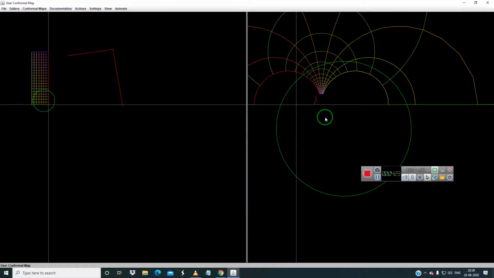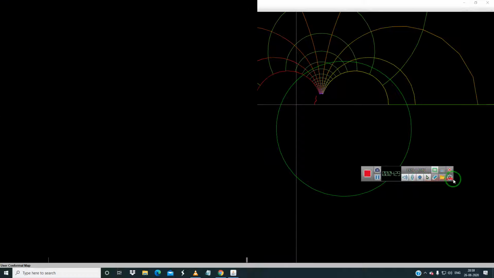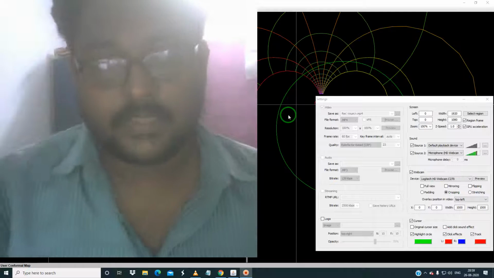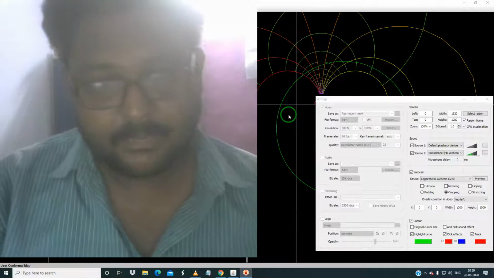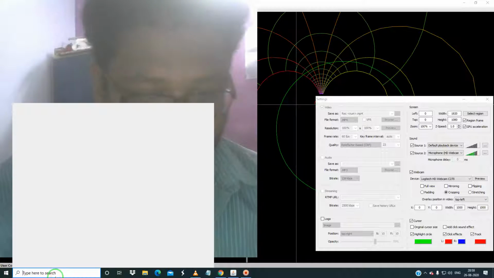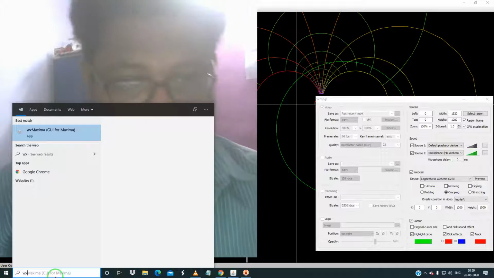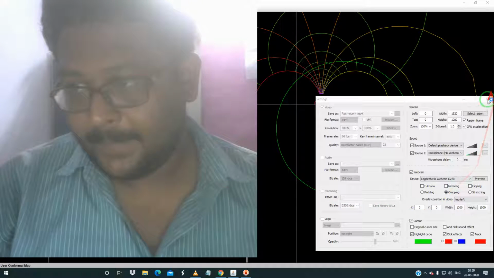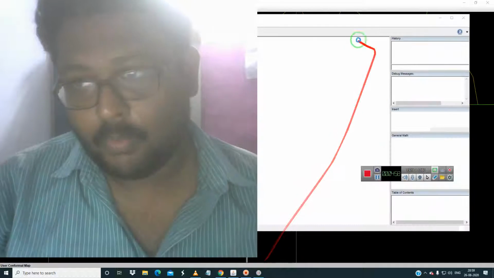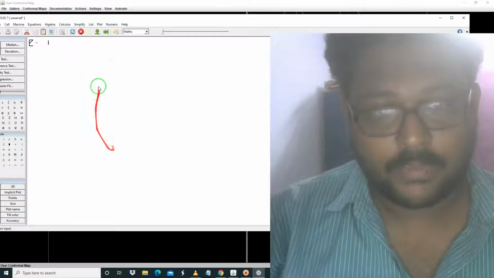So there is a place for imagination in mathematics. Imagination cannot go beyond some level. What I have to tell you is, let me show my face to you. I have some details to tell you. Many of them have been asking me how to imagine this Mobius transformation. You can plot it in the Maxima software also. For example, you take this wxMaxima software, and with the same equation, you can plot it over here.